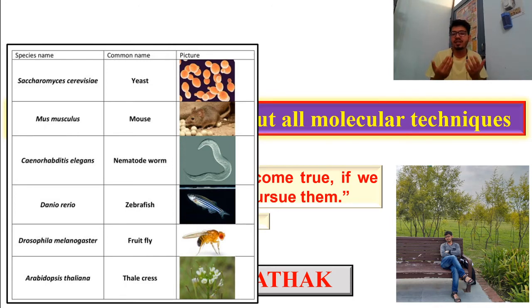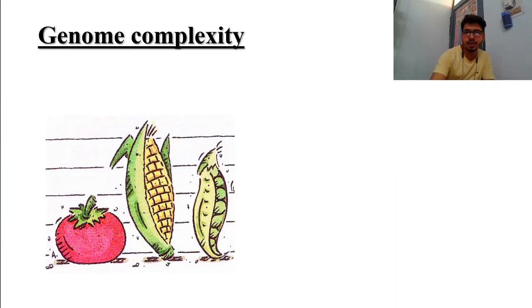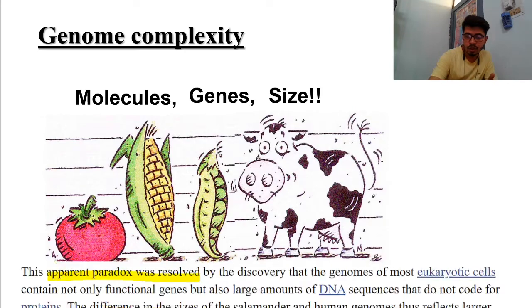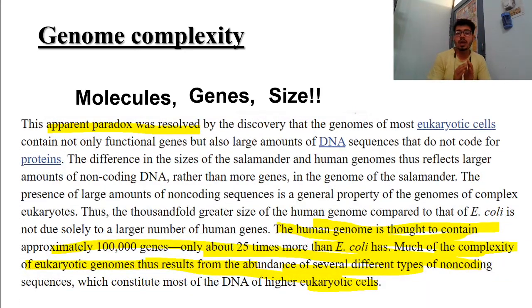and for prokaryotic study we are using E. coli of various strains. Now we will go deep and try to understand genome complexity. Why are we using genome complexity? Because E. coli is not seen by the naked eye, but it has some genes. If you compare the gene number of human and E. coli, you will be surprised that genome complexity is really very important. That is called the C value, the Cot curve, or the C value paradox.